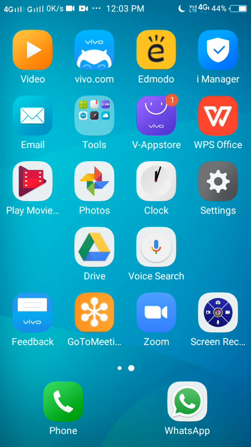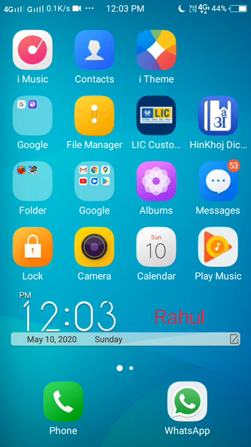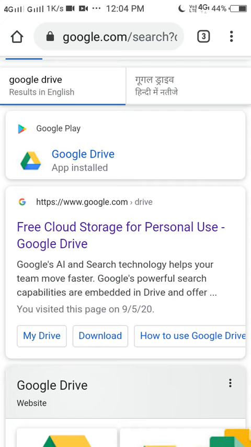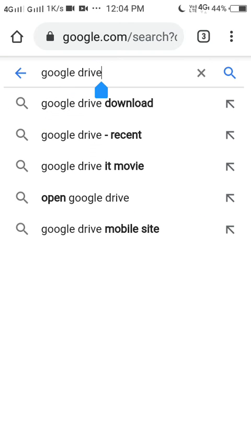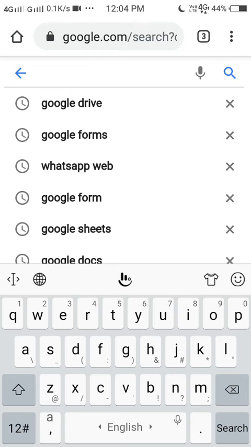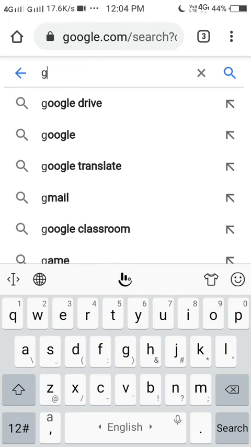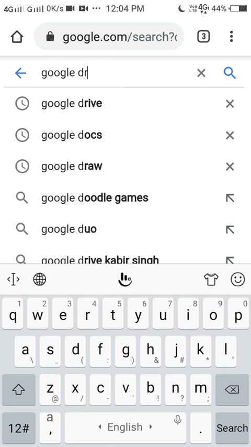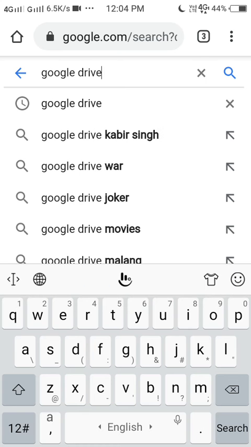If there is no icon on your phone, no problem. Go to Google Chrome, type here Google Drive, and search.